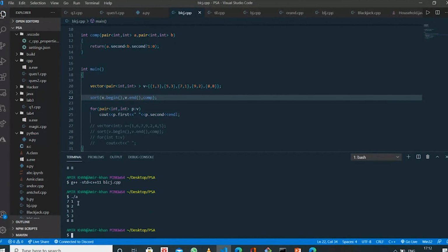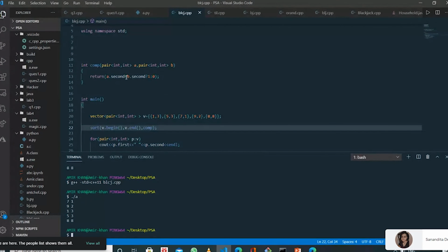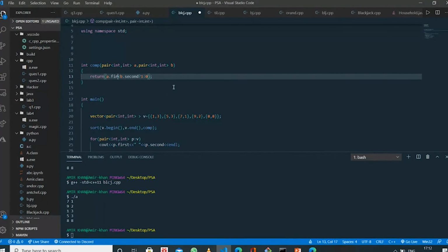See, my data is getting sorted according to the second element of the pair. This is a pair, meaning first element, second element. Pair objects. So if I want to sort it according to the first element, just here I will write first. See, 1 5 7 8, it is sorted.